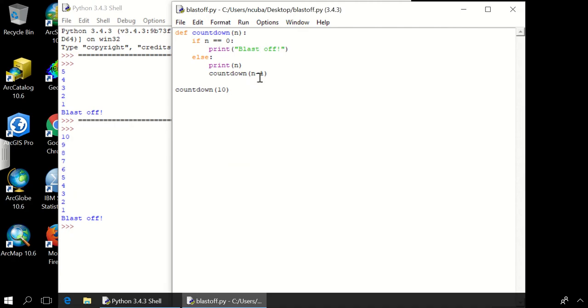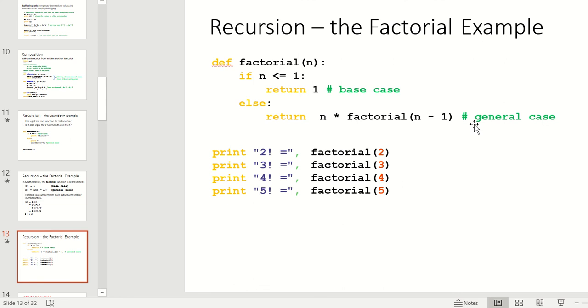We can type that out. Define factorial n, if n less than or equal to 1, return 1. Else, return n times factorial n minus 1. Did I get that right? Yep, I think so. And then we'll print out